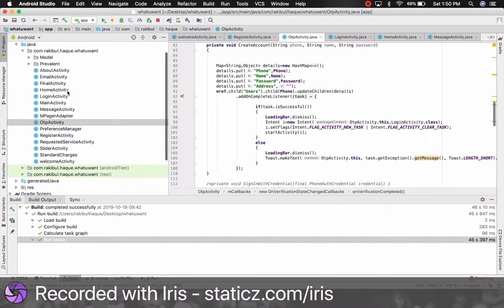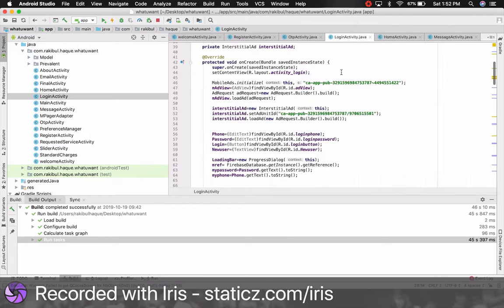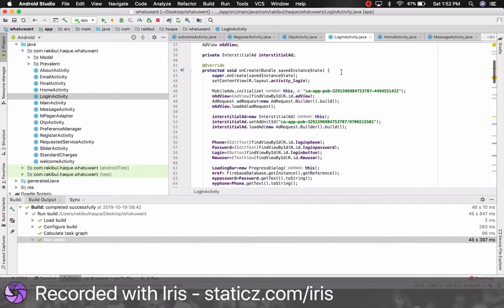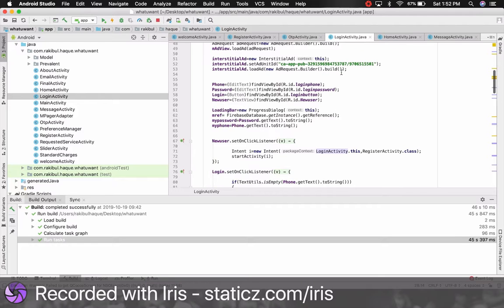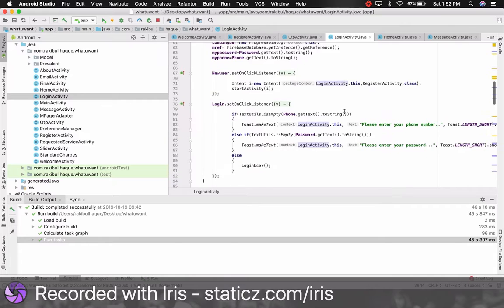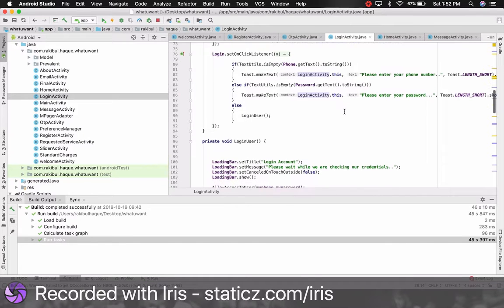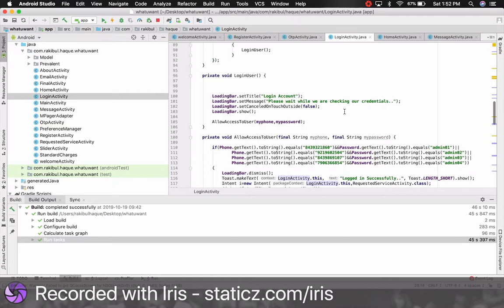Now after that, let's go to the login activity. So basically this is the login activity where the credentials are checked, whether the user exists or not, and the user is logged in to the main body. Now let's go to line 76. Over here again set on click listeners is used. By using this button we check if the phone and password fields are empty or not. Then let's move on to 96 to 106. Over here you can see by this function we initialize login and allow access to the user.